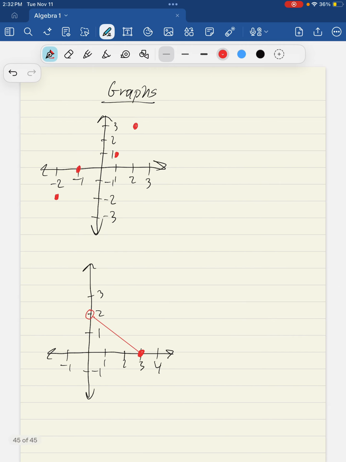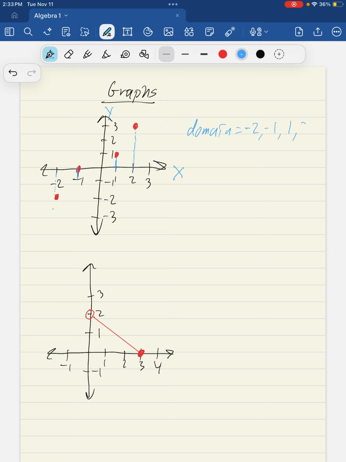What about graphs? Well, there's a couple ways to do these. The easiest way, in my opinion, with dots, you have to remember your x-axis goes left, right, your y-axis goes up, down. So what you want to do is go from your points straight down, and that is their x-coordinate. So this point is right 2. This point is right 1. And wherever these guys hit on the x-axis, when you just go straight up or down, that is your domain. So our domain on these guys would be, we'll start from the left, we've got -2,